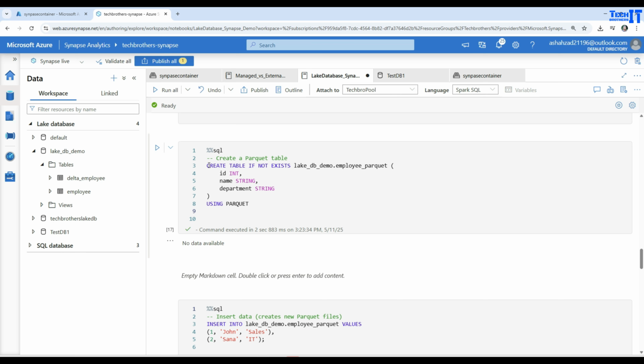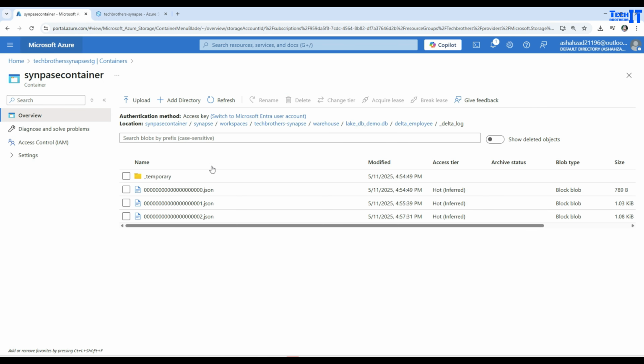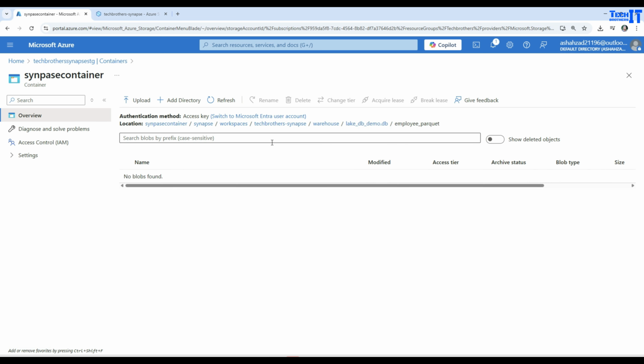So I can use that. I will say create table if not exists LakeDB.demo, employee_parquet, and then ID, name, department. These are columns, and then USING PARQUET. So if I create this one, it's going to create a new folder called employee_parquet. Let me take you here under this database, and I'll show you right there the employee_parquet folder is